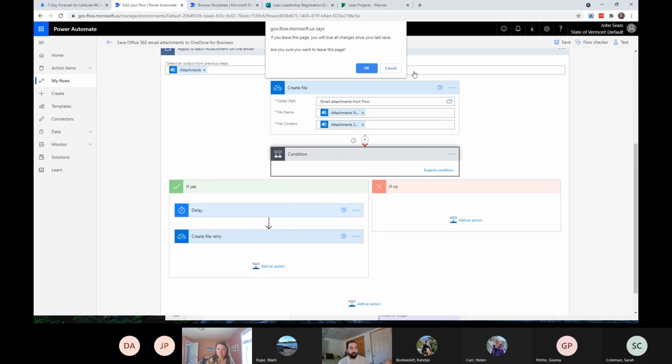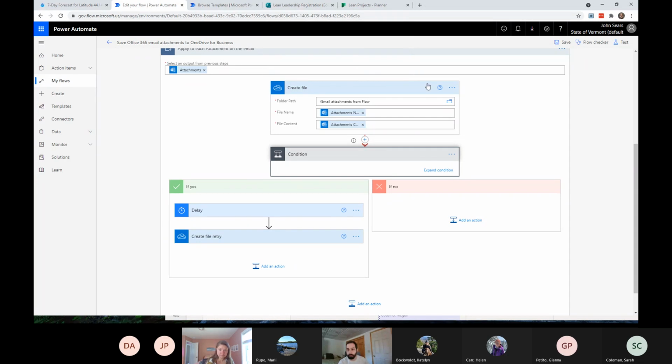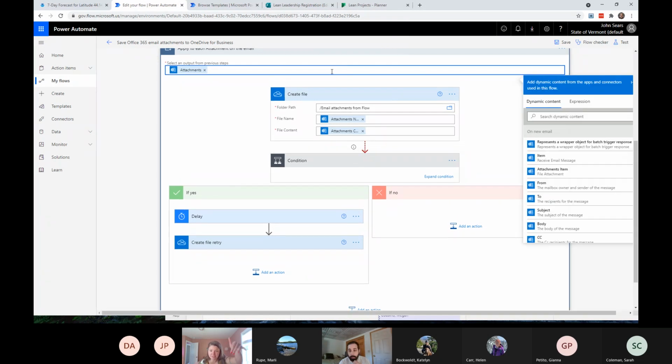But before I move on, any questions about that right now? John, if you're doing this report where attachments go to a file path, how is that useful? In your experience, I'm just trying to wrap my head around how some of these automated processes could be applied. Yeah, so